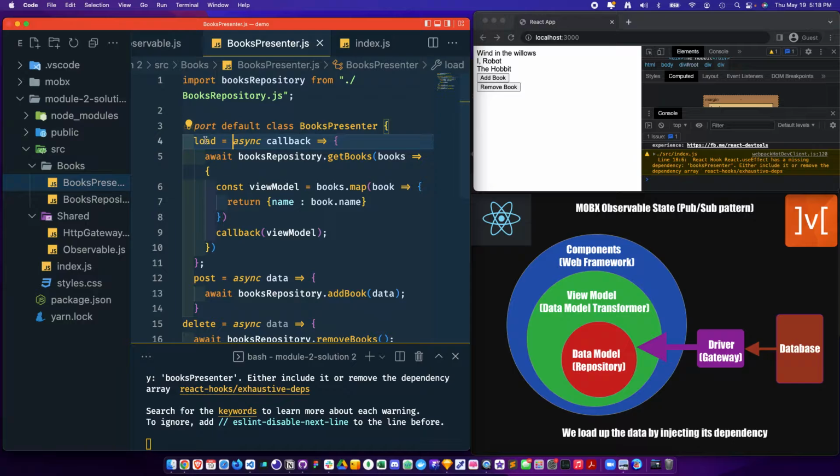The load is a higher order function, essentially, a function that takes a function as an argument and returns a function. So it takes a callback method as its argument, and then